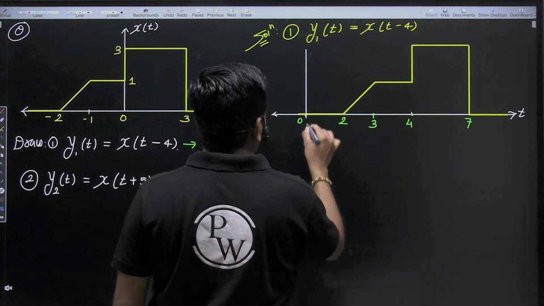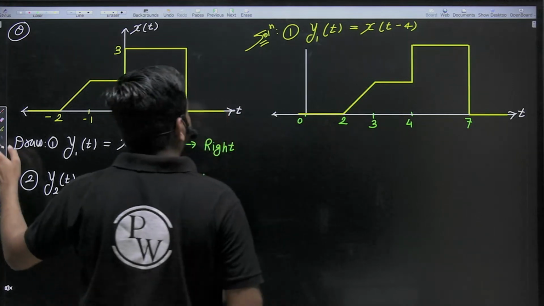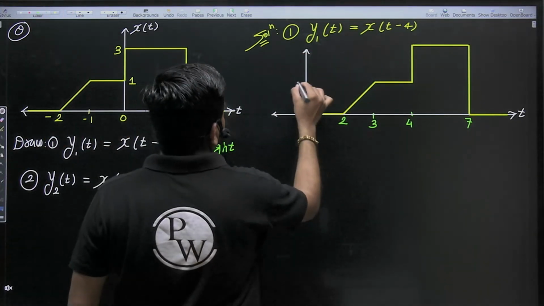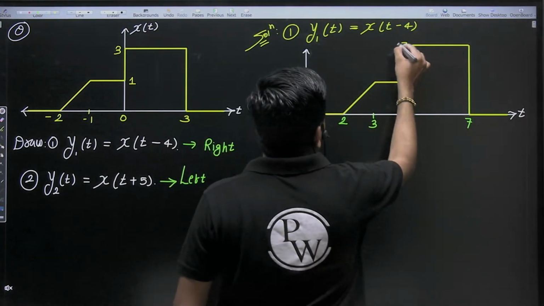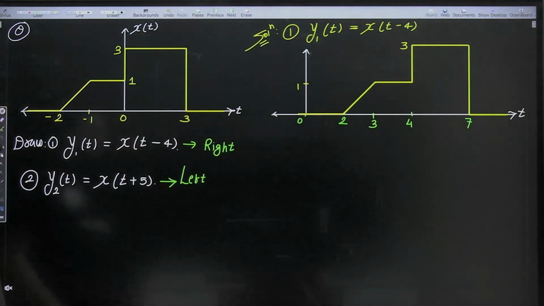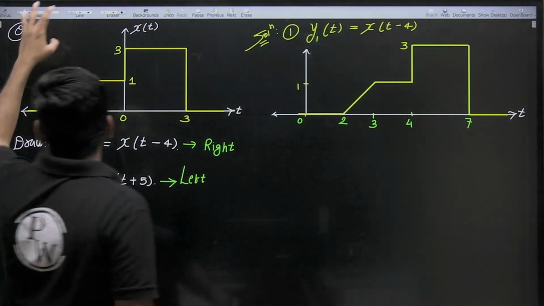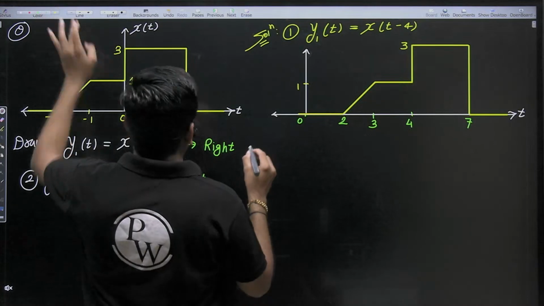Correct? This is the y-axis. There is no change in amplitude, guys. Amplitude remains the same. It is 1 and this amplitude is 3. Got it? So this is y1 equal to x of t minus 4. This simple shortcut you can remember, guys. Now second is